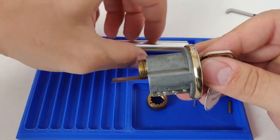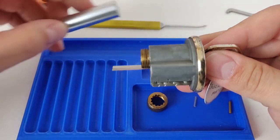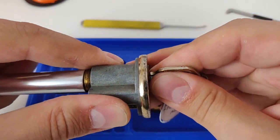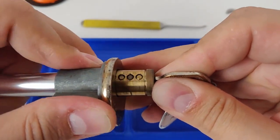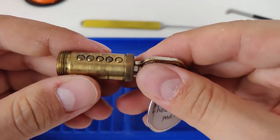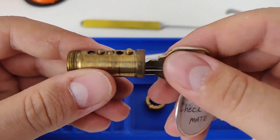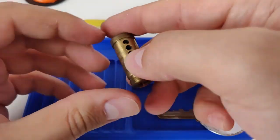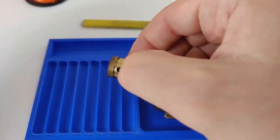And here's my follower. It's very tight, come on, yeah. So everything is working fine, everything needs to be picked, so let me